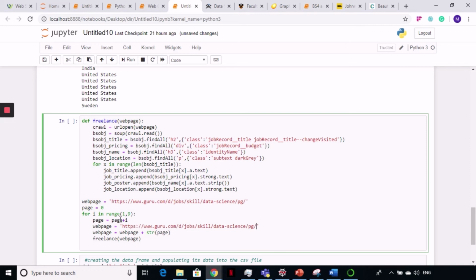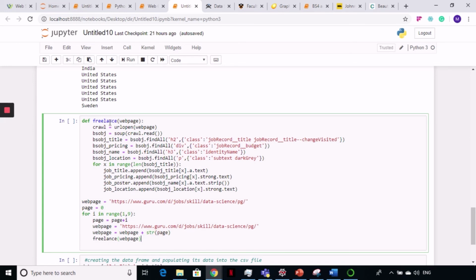I'll get the number here. I will get the first one. I will get 1 here, 2, 3, then 4, and then I will add that number to this thing. So it will keep adding it here, 2, 3, 4, like that. So that way every time my loop runs, that page number keeps changing, and accordingly my web page URL will keep changing. You are going to go from one page to another page,